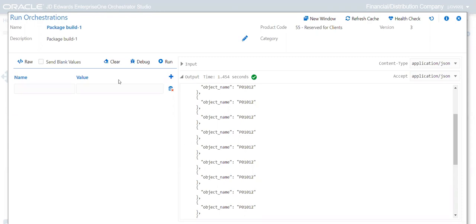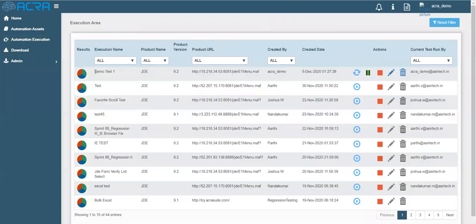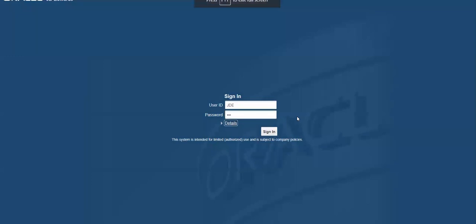Now let's go back to the Accra Cloud and navigate to the automation execution page. So here if you see, Accra has created an execution in the name of demo test 1. And also the execution has been triggered automatically by Accra. So now Accra is running the test scripts that is relevant to the change that happened in the recent update.